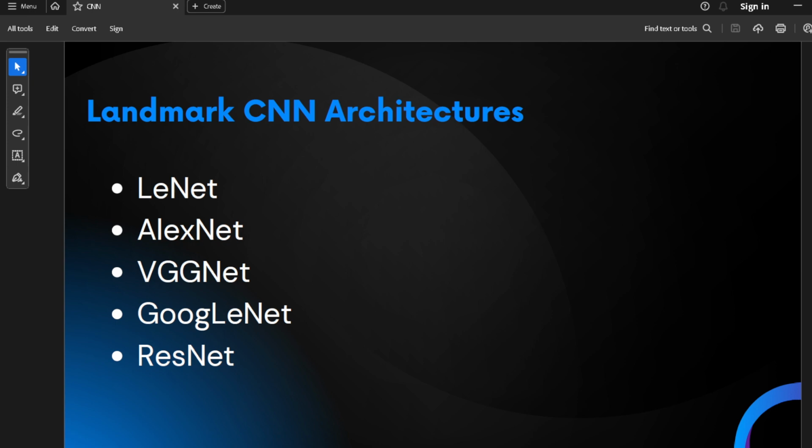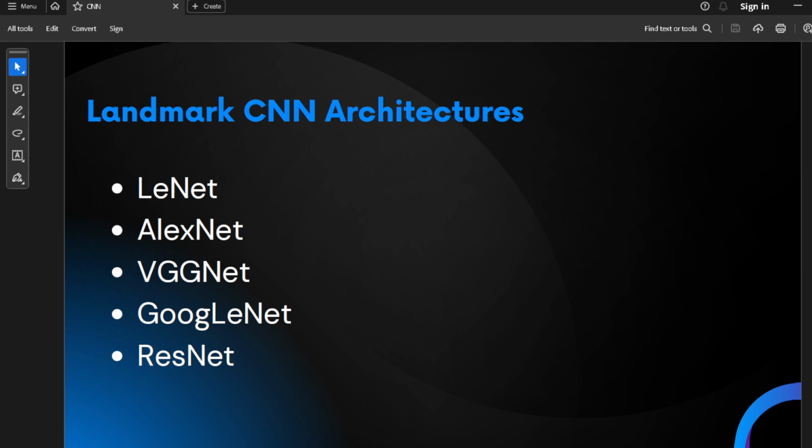These are the landmark CNN architectures that have greatly influenced the computer vision and deep learning area. Let's explore some of these iconic designs and their significant contributions one by one. LeNet, created by Yann LeCun, is an early CNN pioneered in handwritten digit recognition and introduced the concept of convolution and pooling.